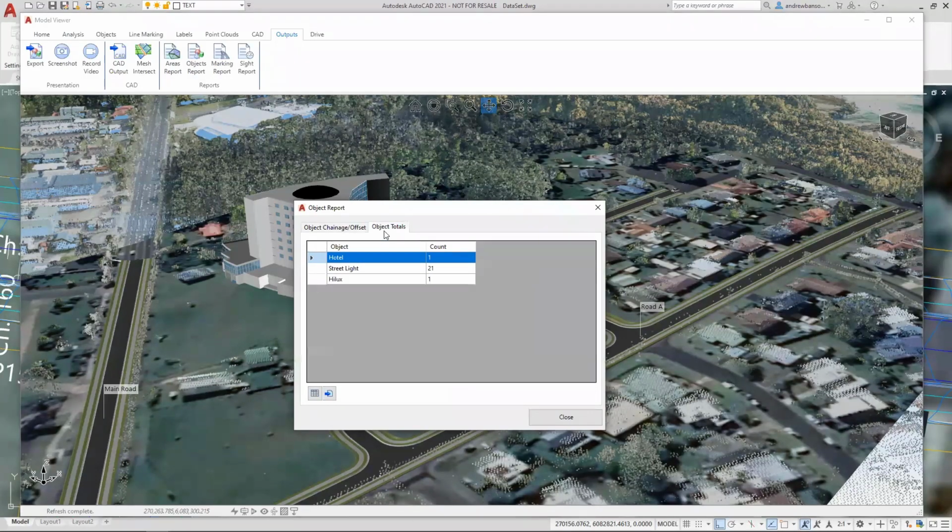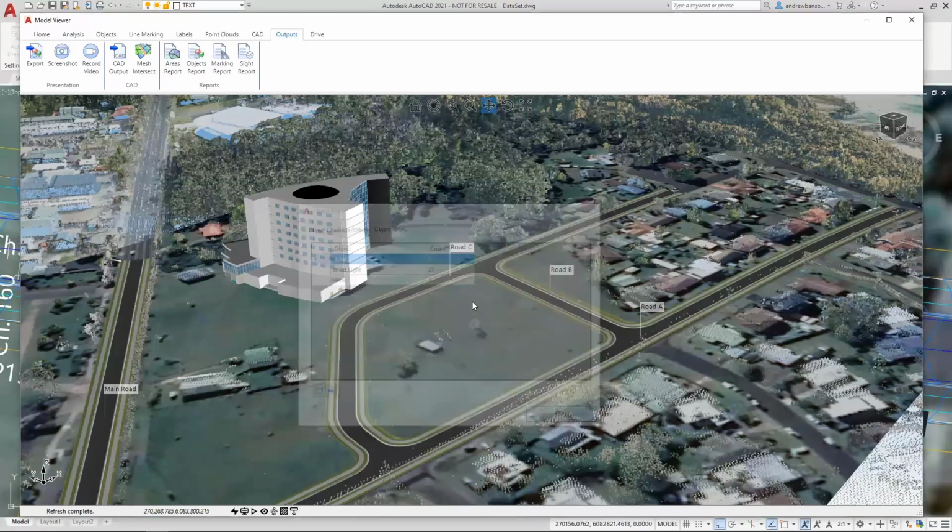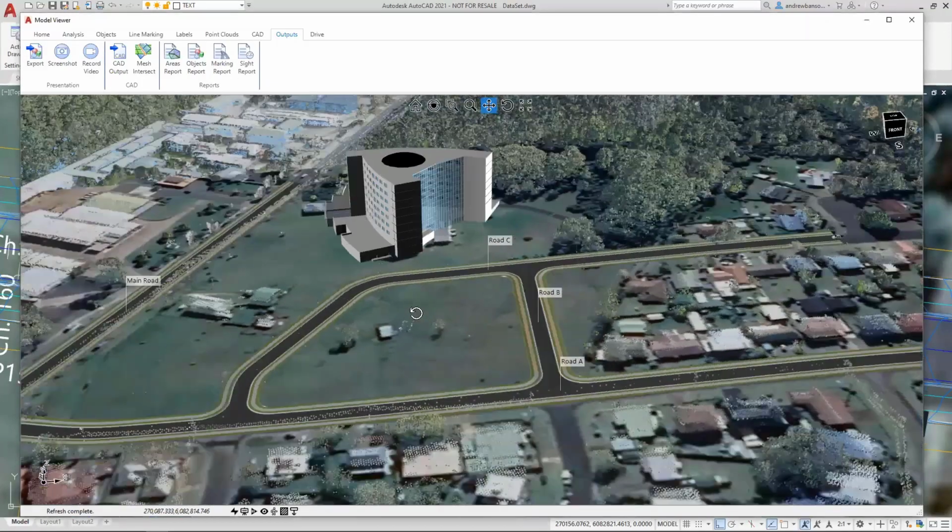Another useful report is the totals. So we can see we have 1 hotel, 21 street lights, and 1 Hilux. Okay. So I thought I'd chuck that into our tips and tricks